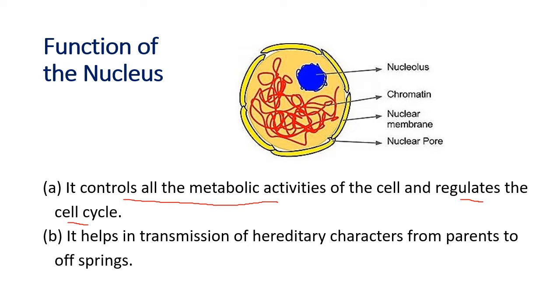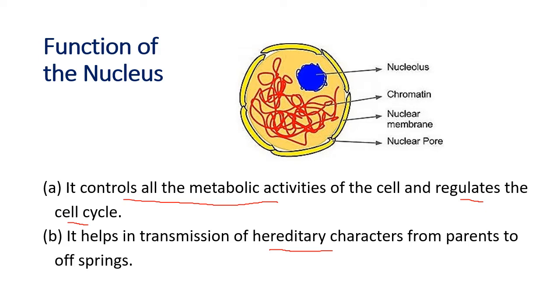It helps in the transmission of hereditary characters from the parents to offspring. So the nucleus plays a central role in cellular reproduction, the process by which a single cell divides and forms two new cells. It also plays a crucial part along with the environment in determining the way the cell will develop and what it will exhibit at maturity by directing the chemical activities of the cell.